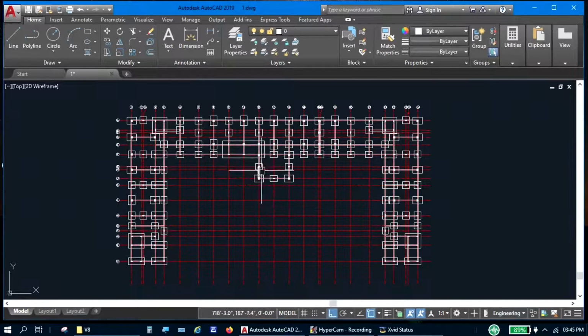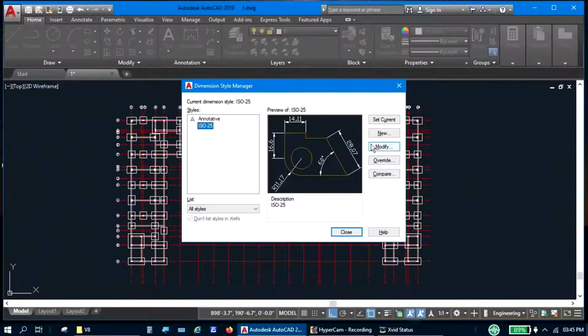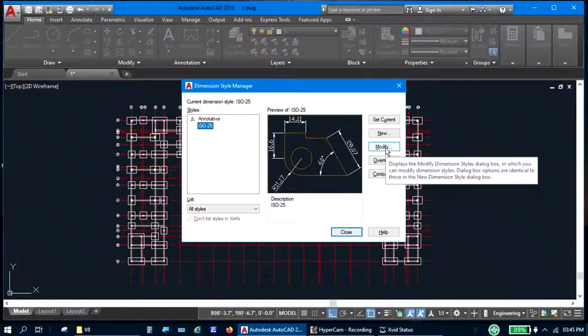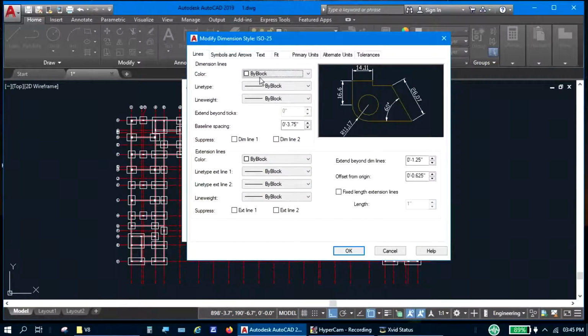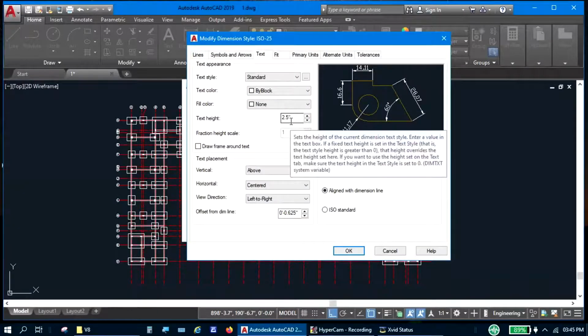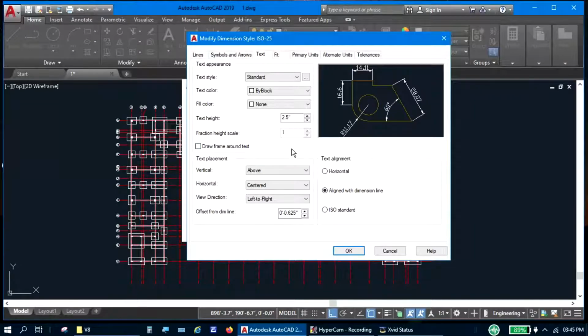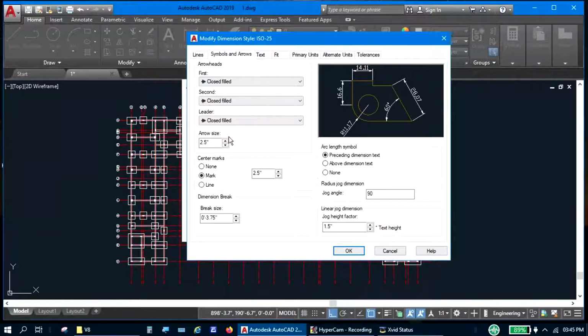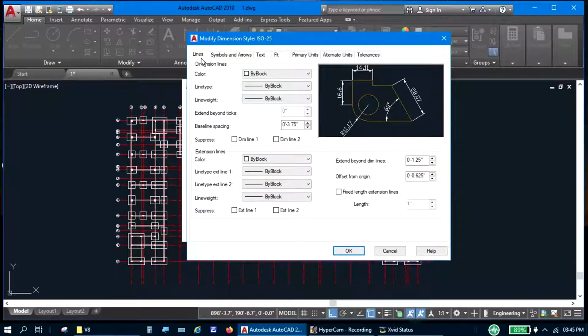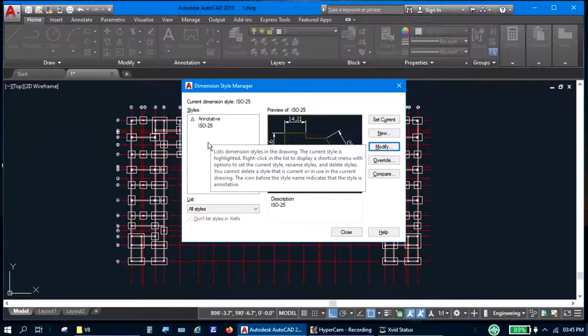Now close the drawing. Now type D for dim style. Click on modify. Click on text. Here you can see the value did not change, but unit only changes to inches. That means 2.5 millimeter is showing as a 2.5 inch in this case. So I am going to set the dimension style to consider the 2.5 inches as 2.5 millimeter. Not only the text height, but all the values, just enter the number equal to the millimeter and we forget about the inches. It will consider as millimeter.